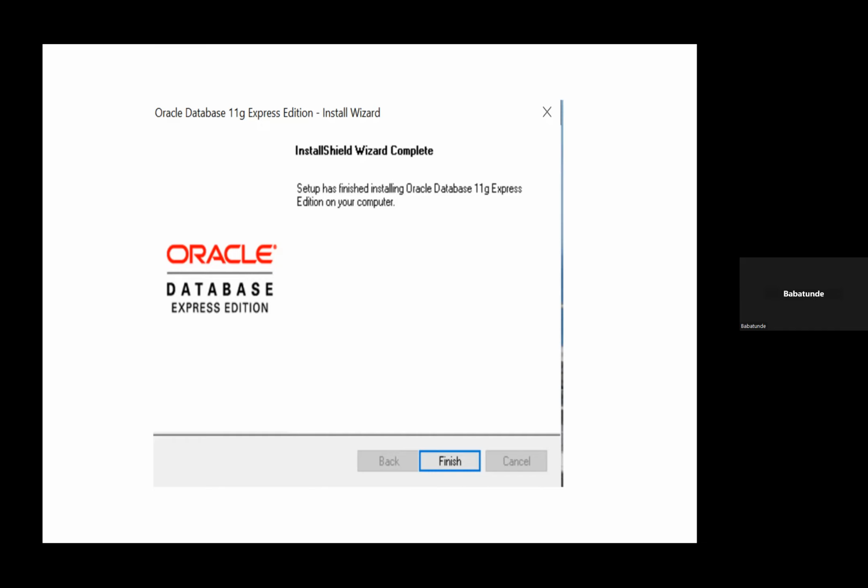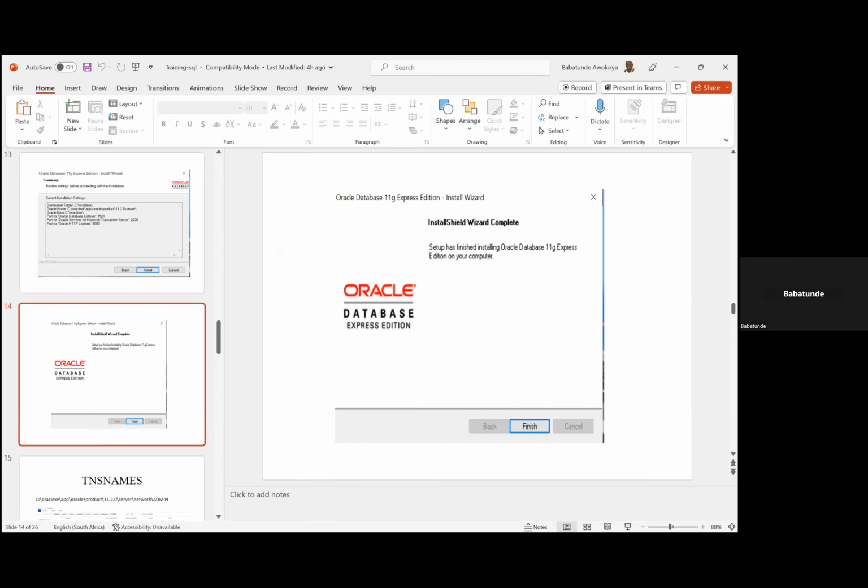Let's see how you can use it. Okay, it's fine. Let me go out of the slide and go to the folder where I installed it, so that you can actually see it. That's fine. Then I will come back to the slide. Okay, so if we see this, let me just